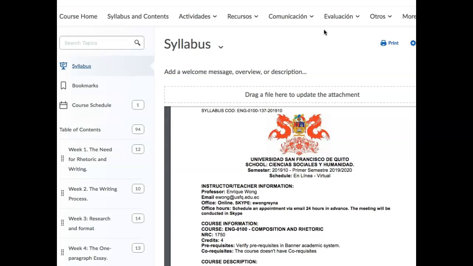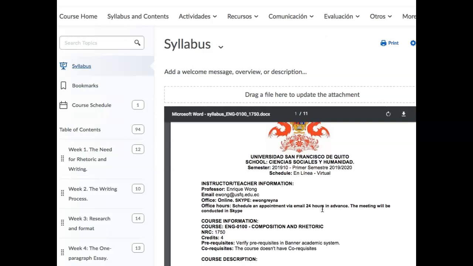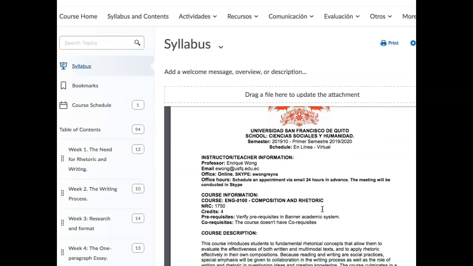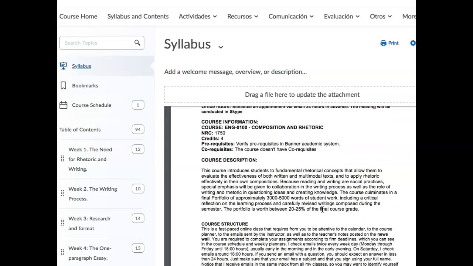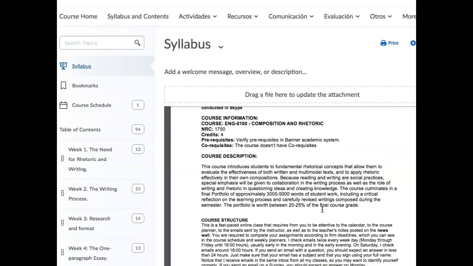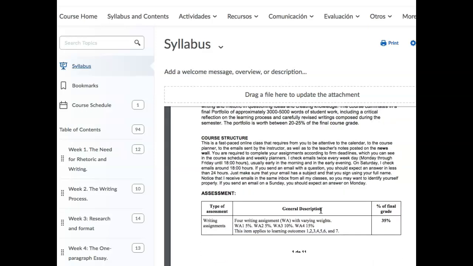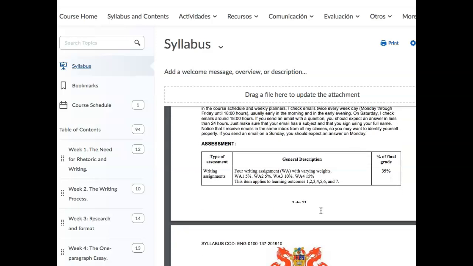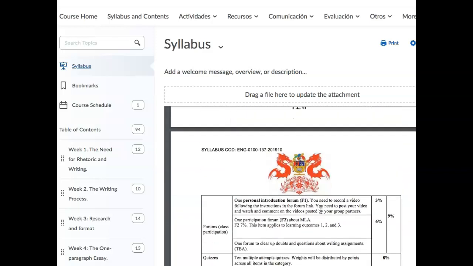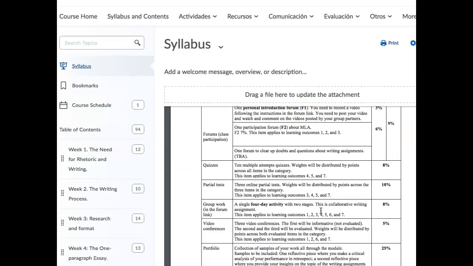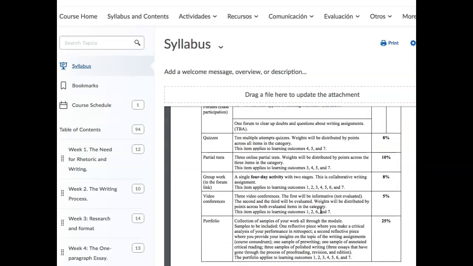Here on the course home, you have the syllabus and contents, where you have the course syllabus. By today you have read already the syllabus. It's a long syllabus, but you have to thumb through it quickly, understanding the description, the structure of the class, and focusing your attention on the most important parts of the syllabus. The type of assessment, you have the writing assessment, the forums, quizzes, partial tests, group work, video conferences,